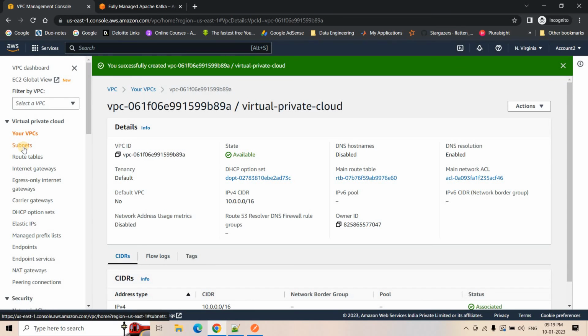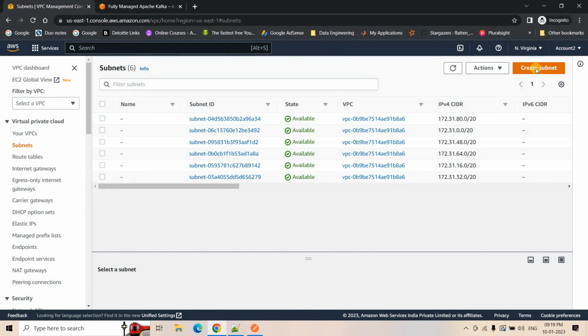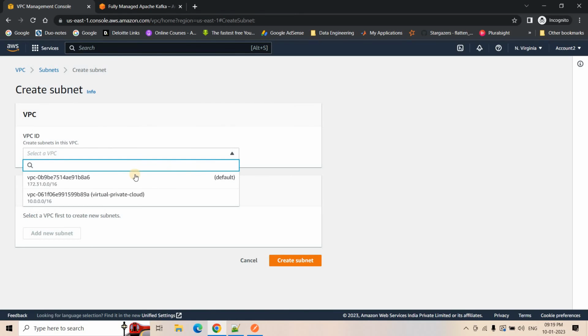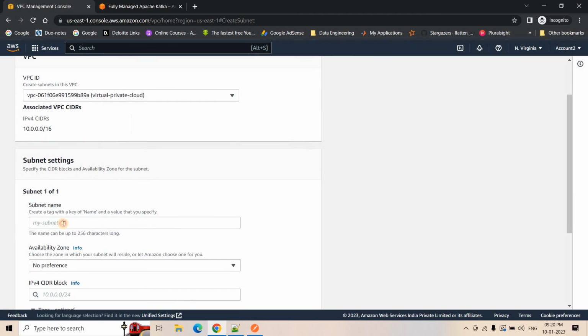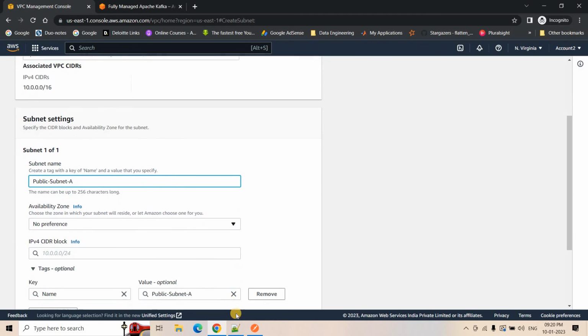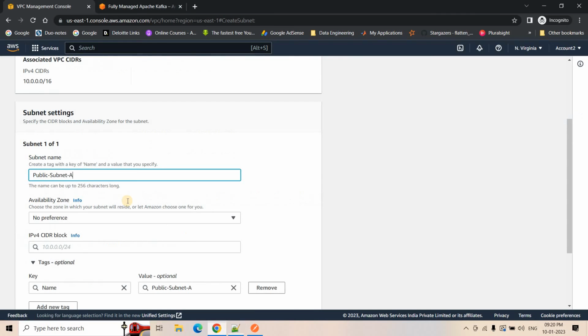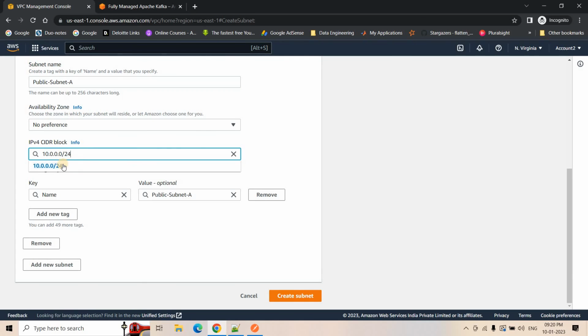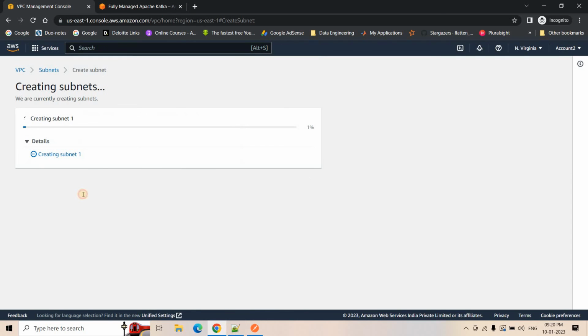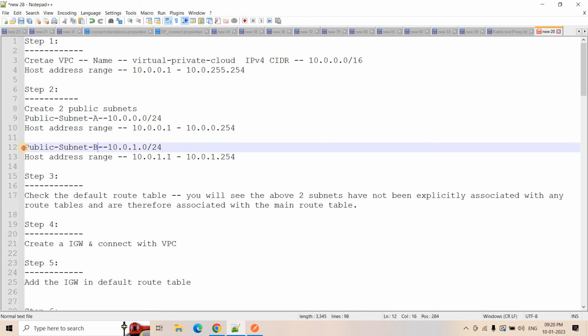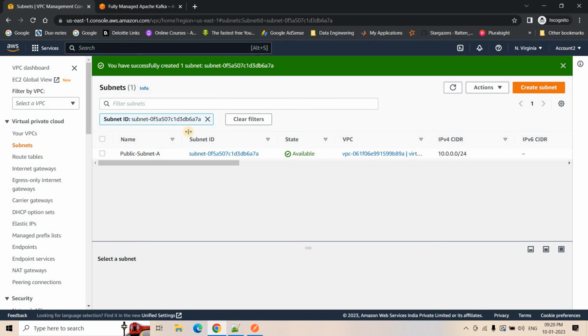So here we will go to subnets, and then create subnet, and then VPC. First we need to choose the virtual private cloud that we just now created, and then we will give the name of our first subnet as public subnet A, and then provide the IPv4 range. So here I have given the IPv4 range for our first public subnet, and then I will create the subnet, and then I will create another subnet, public subnet B,